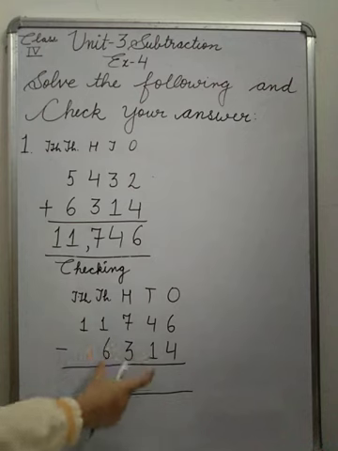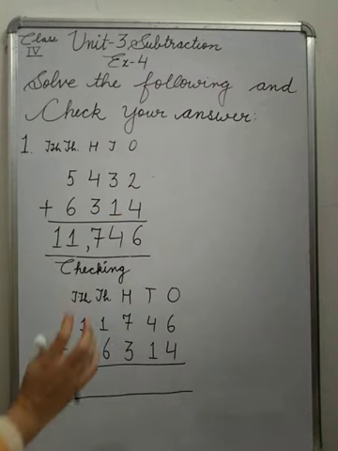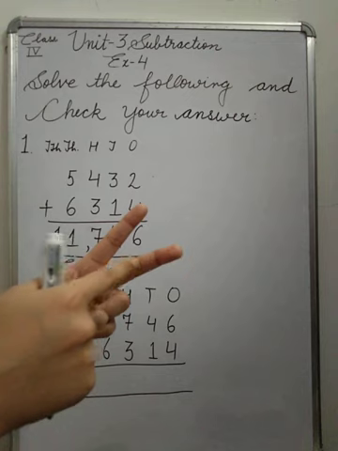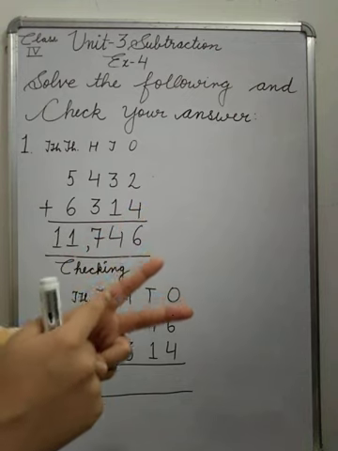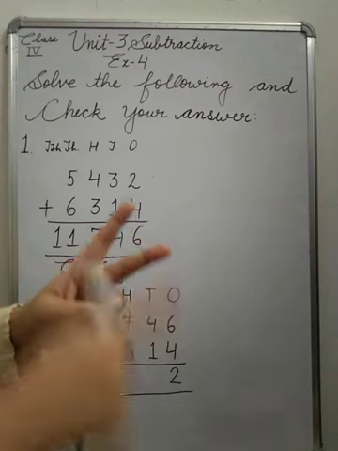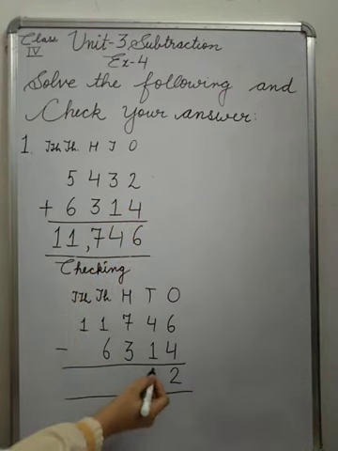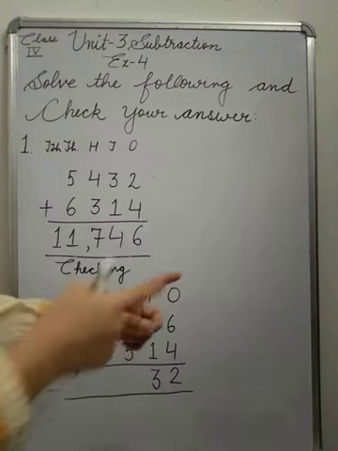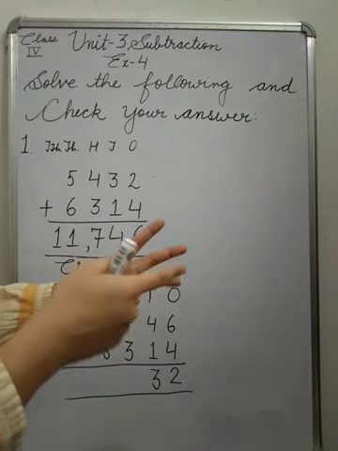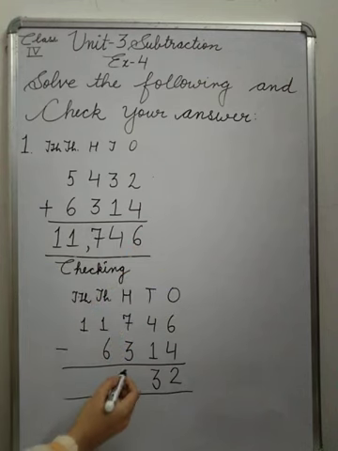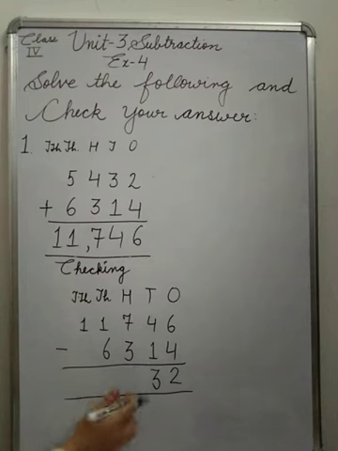So this is the bigger one, this is the smaller. So in subtraction you can do 6 minus 4. What will come? 1, 2, 3, 4, 5, 6. Subtract 4. What is remaining? 2 is remaining. Write it here. 4 minus 1: 1, 2, 3, 4. Subtract 1, 3 is remaining. Write it here. Okay, now see 7 minus 3. 1, 2, 3, 4, 5, 6, 7. Subtract 3. What is remaining? 4. Write it here, 4.